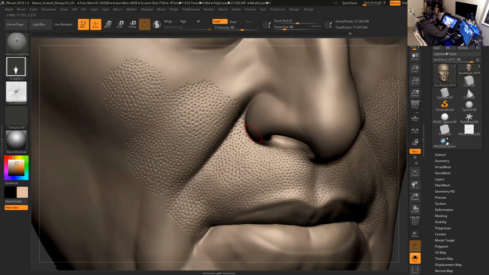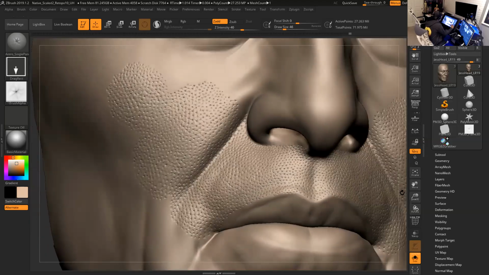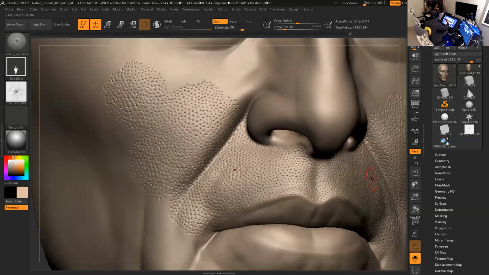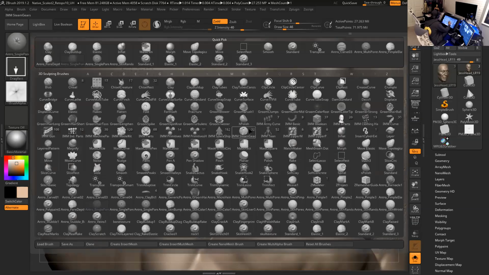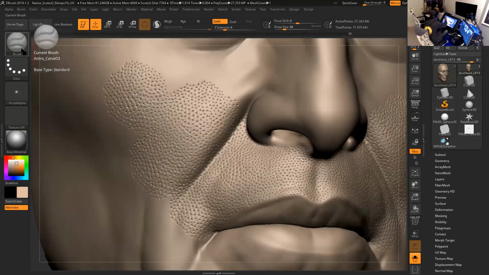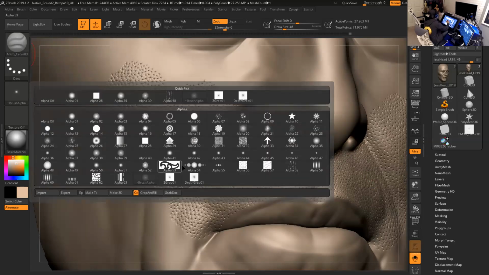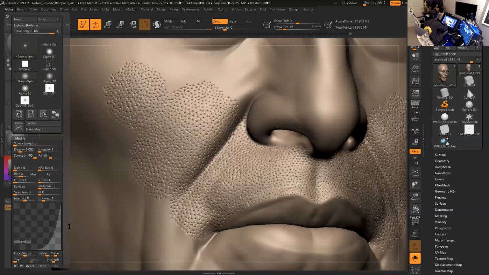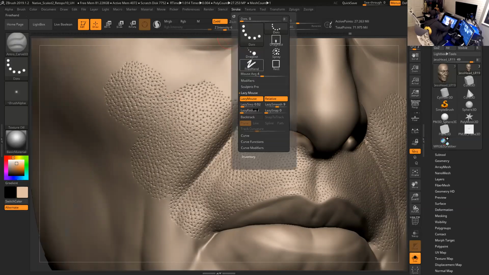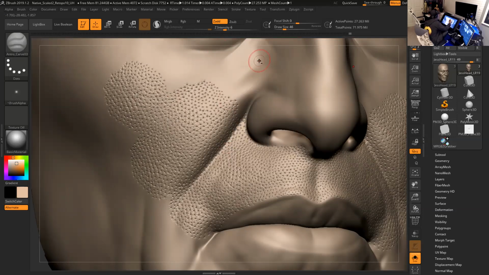So yeah, we did a lot of work in here, so we covered a good chunk of space. So let's do a little bit of wrinkle work here. For the wrinkles, same thing, I use that little icon I created in there. There are tutorials on how to create the icon, but basically it's a standard brush using Alpha 39. Same thing, using a very pointy curve. And then for the stroke, same thing, 0.02, right? So it's that very pointy